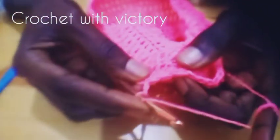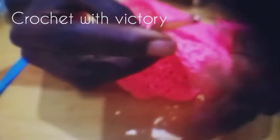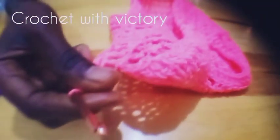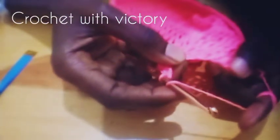After turning, what you're going to do, you're going to double crochet 2 in this stitch. Those are 2 double crochets. Then after, you will chain 1 and then double crochet again 2 in the same stitch. Then next, you are going to skip this stitch and you will go in the next stitch. You're skipping 1 stitch, then you go in the second stitch, you put a double crochet,